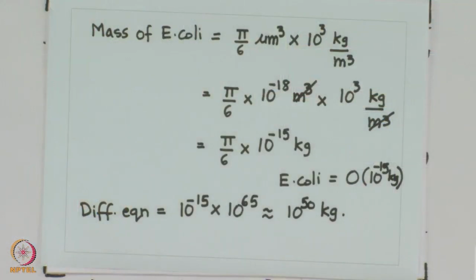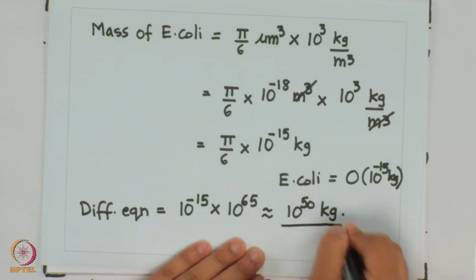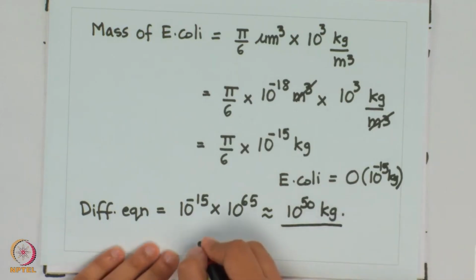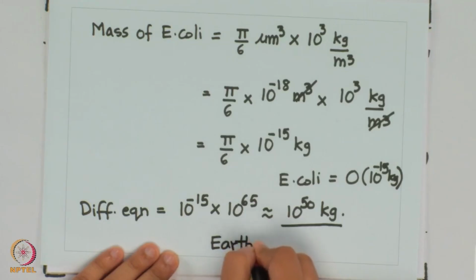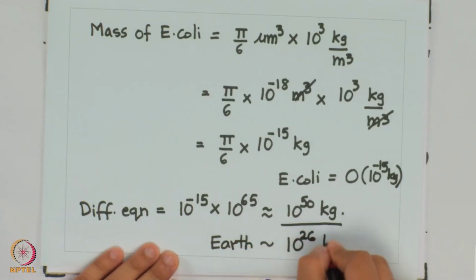And now of course the answer from the differential calculus approach is going to be higher than this, because there the number of bacteria was not 10 to the power 65 but 10 to the power 78. So the answer in that approach is going to be even higher than 10 to the power 50. Now how big is this mass? Compare that with the mass of earth, and the best estimate that we have for the mass of earth is about 10 to the power 26 kg,